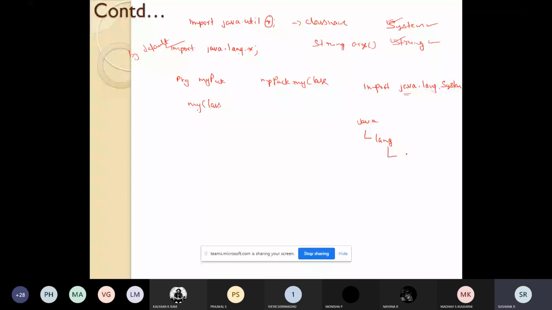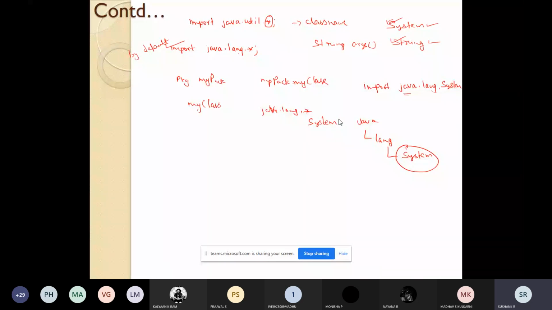So in order to control the visibility also, Java will include the import statement, to bring either this class or the entire package. The entire package can be like java.lang.*, so all the classes inside this package will be brought. Or if I want only the System class, I can just use java.lang.System. So using the import statement, all these things can be done.